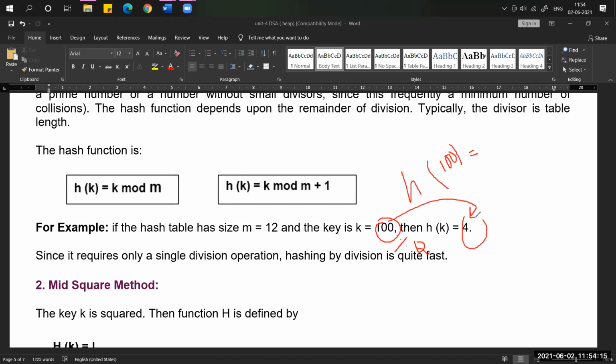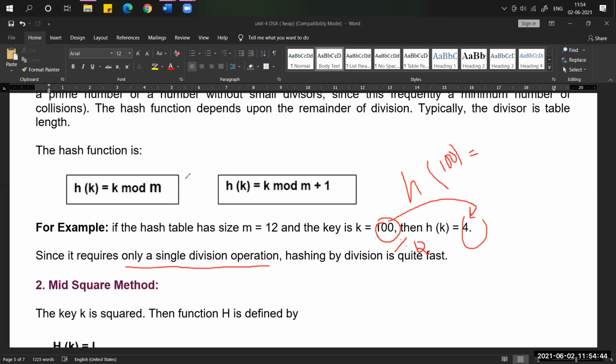Here, depending on the data item, we need to find the index number. After getting the index number, at that particular index number we are going to store that key value. Key means the data which we want to store in the hash table. So it requires only a single division operation.